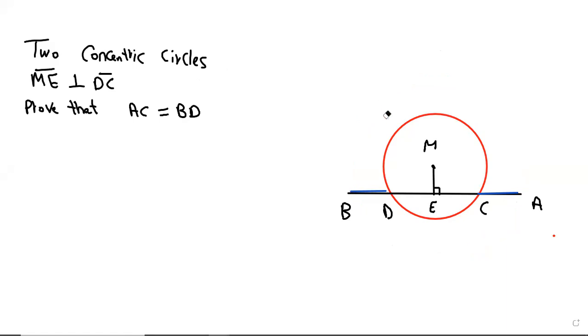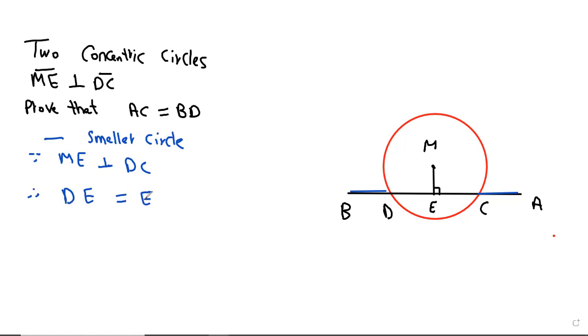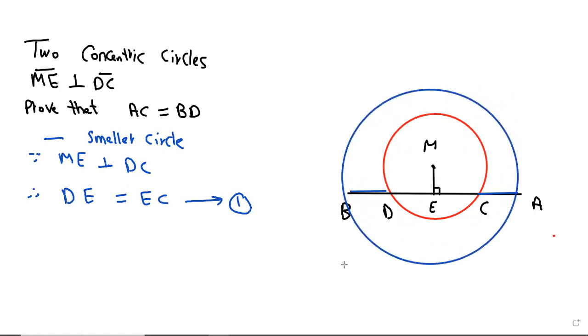Here in the smaller circle, ME is perpendicular to the chord DC. So since ME in the smaller circle is perpendicular to DC, then DE equals EC. This is number one. And if we go to the greater circle here,